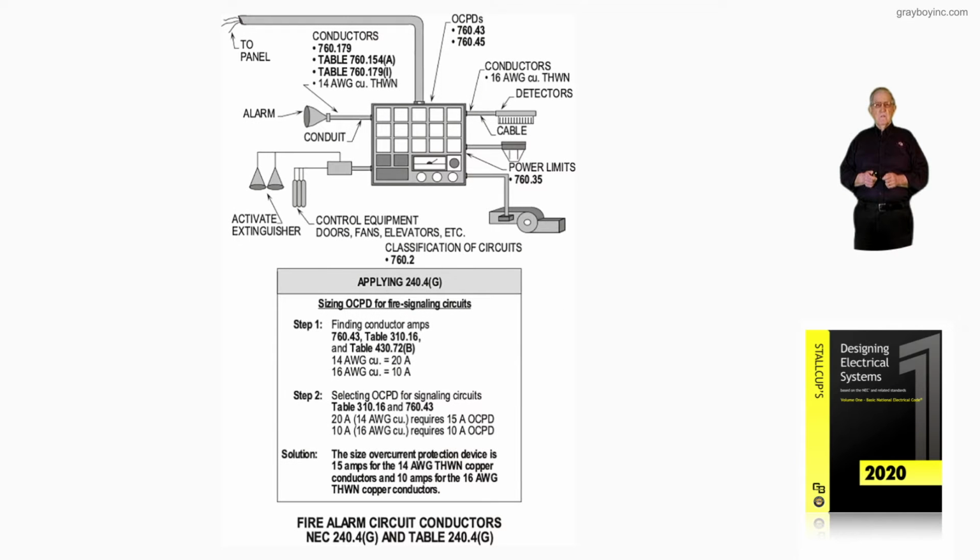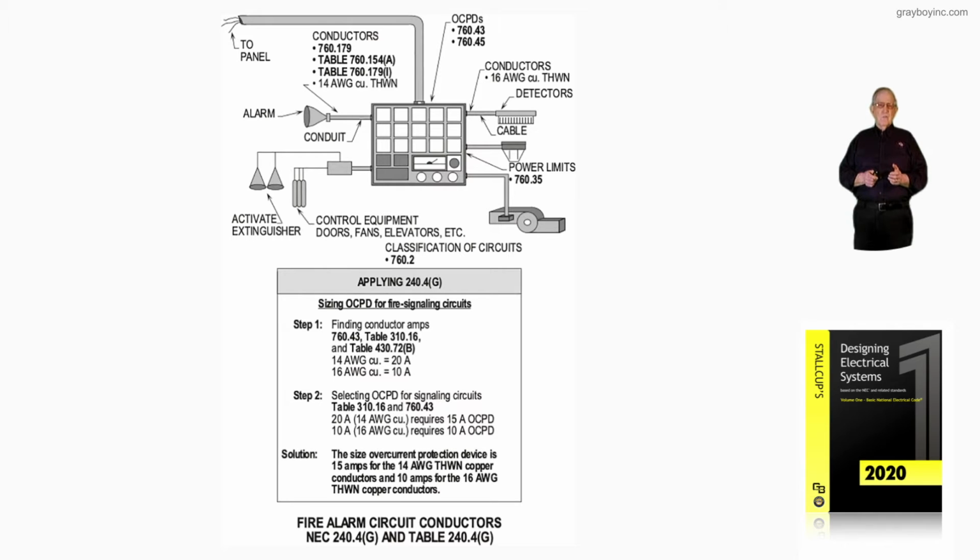This illustration deals with fire alarm circuit conductors. Again, we're in coordination with NEC 240.4(G) and Table 240.4(G). Now, at the very top of the illustration, by the raceway that is routed to the panel is shown,